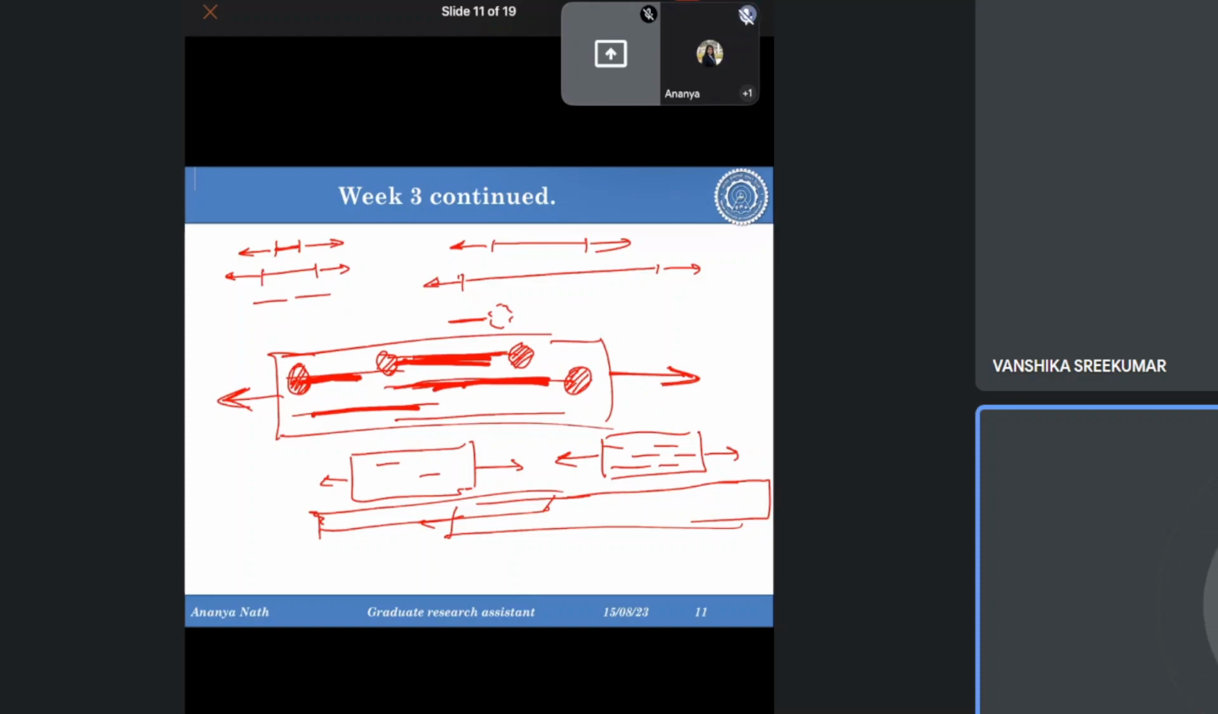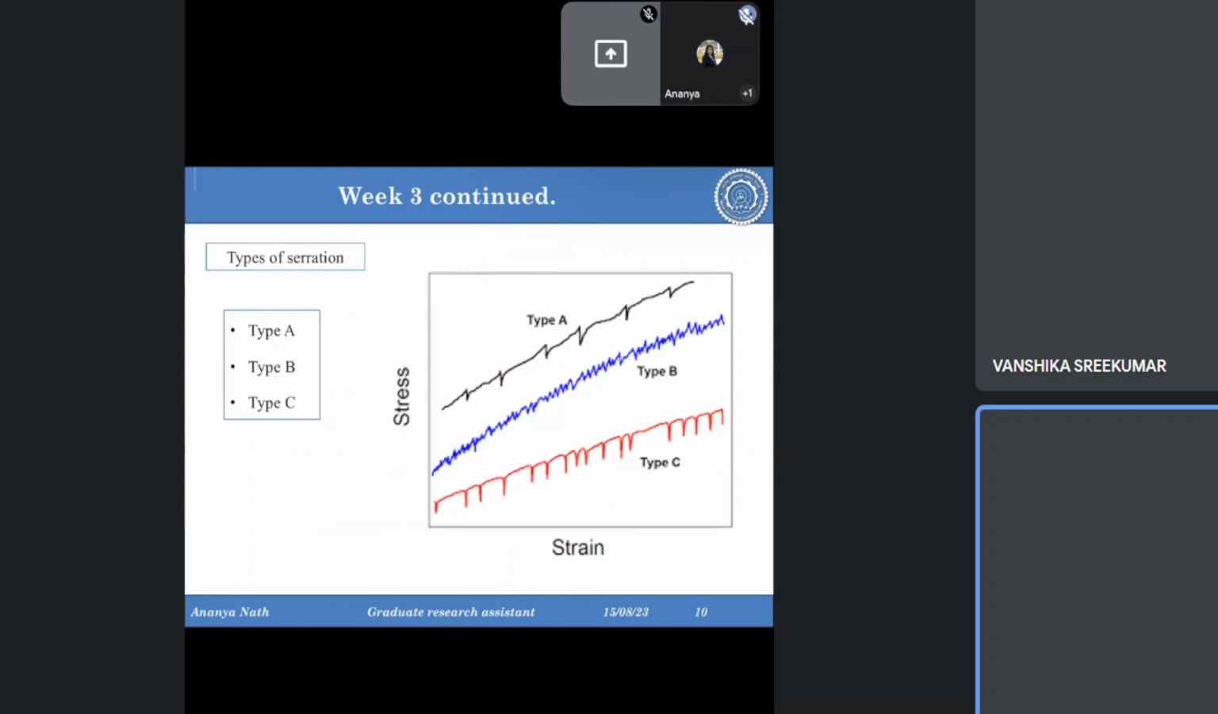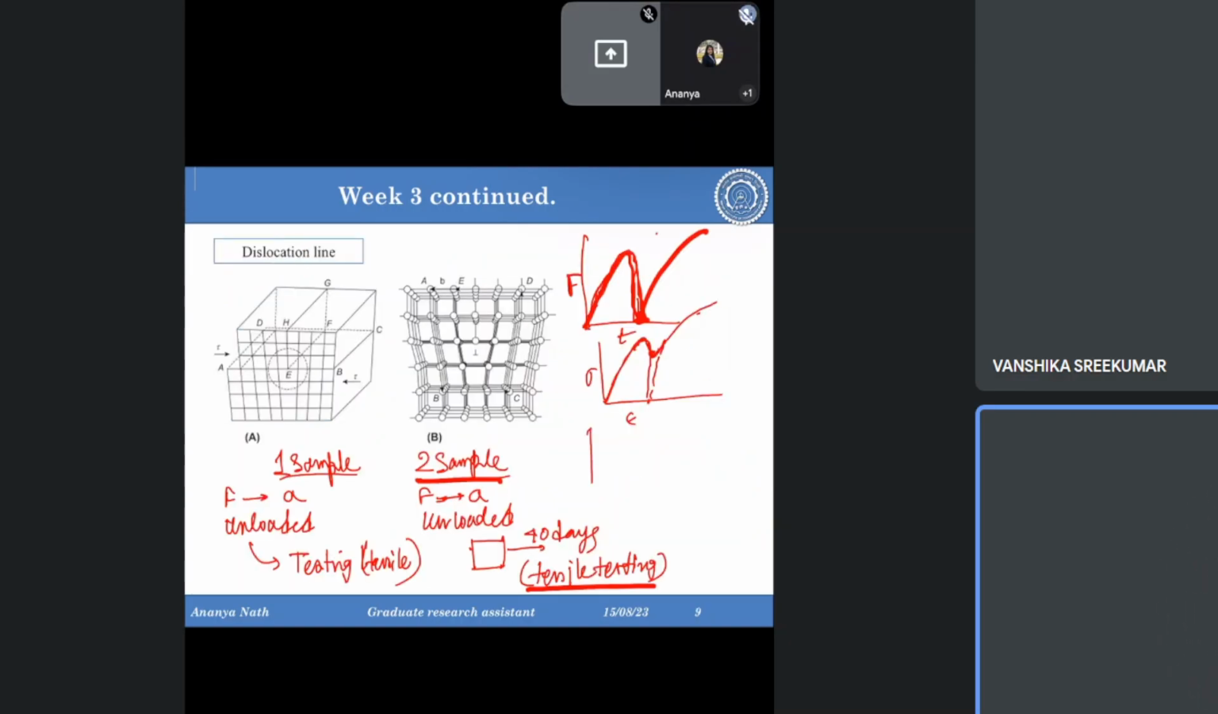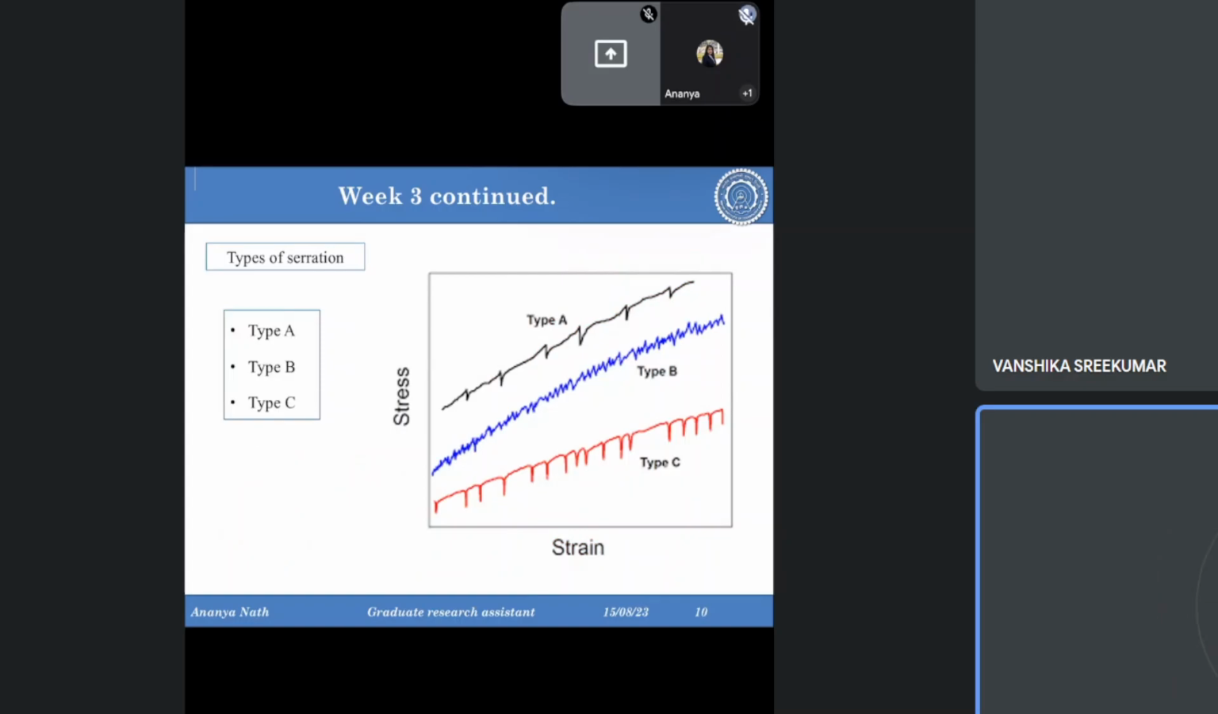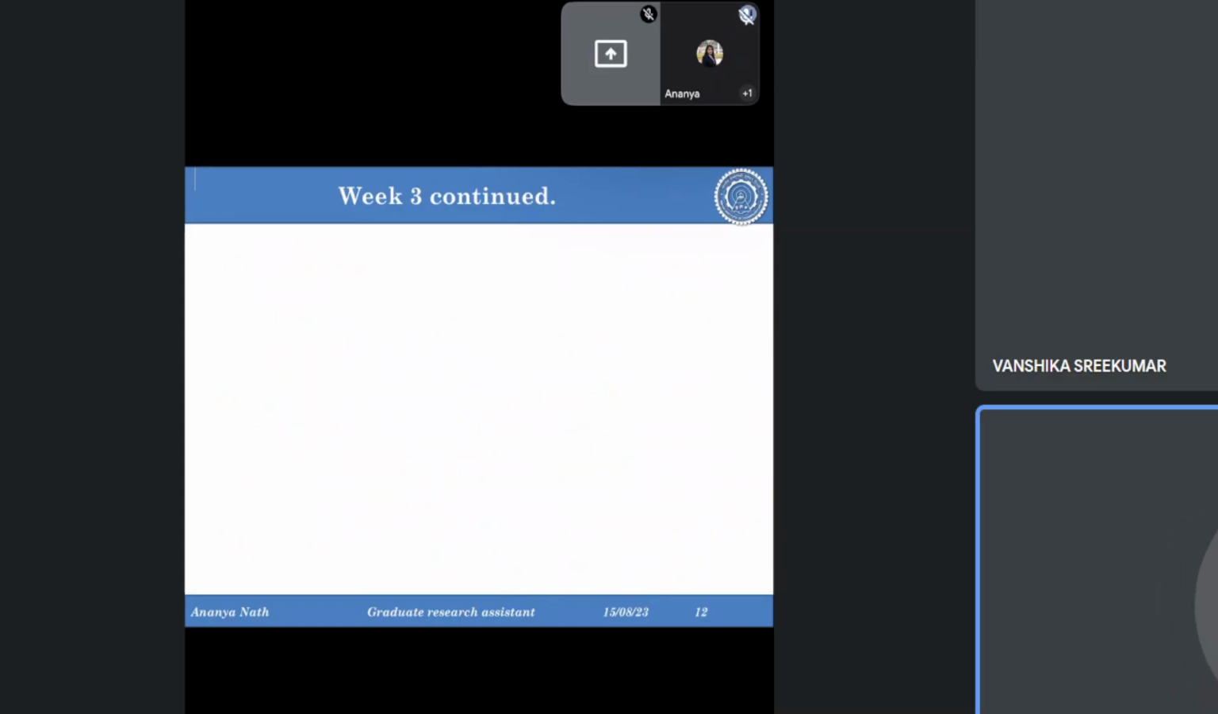So just think, if aging was not there, you are loading it and loading it, not unloading and keeping the material. If you are only loading it, the stress will always increase with the strain. But as you are unloading it in between, the aging is taking place, and also as you are keeping the material for a few hours, days or even months. So in dynamic strain aging, what happens is